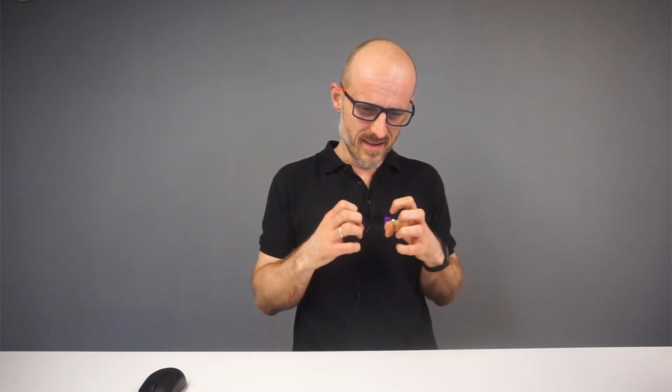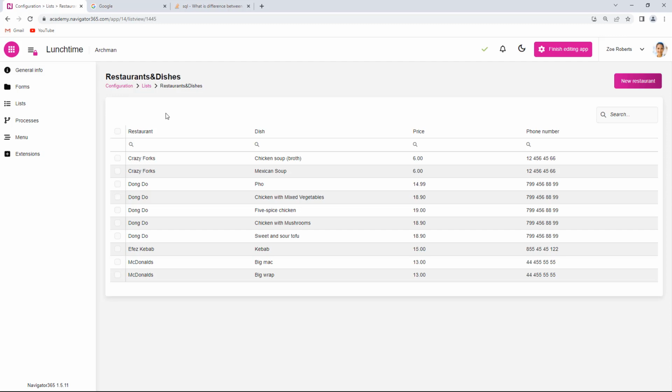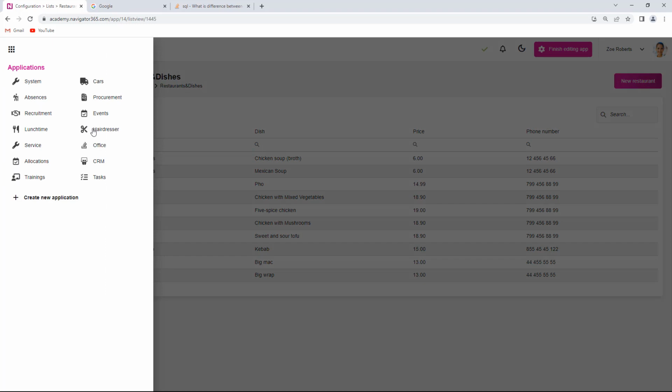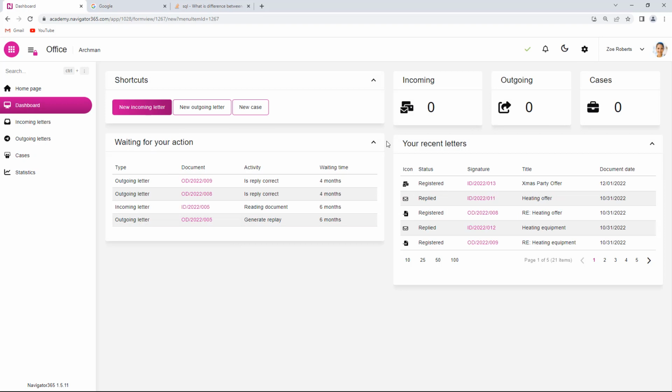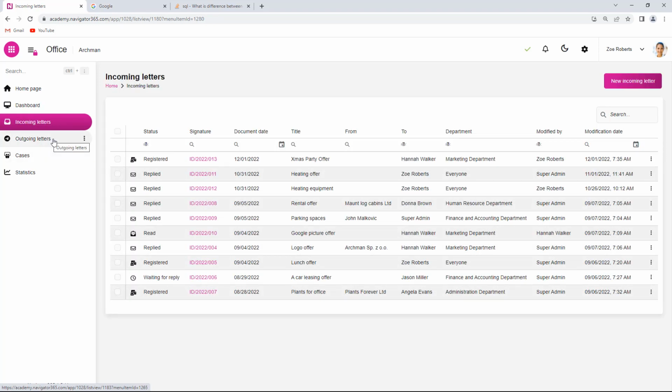Option 2 is when you want to combine the data from different documents, but they have the same fields and they have the same data types behind these fields, so you can list them all together in one list. And to show you this one, I will go now to the Office application. Office application is basically about incoming and outgoing documents to the company, and we have the list of incoming letters and outgoing letters. Now if I go inside of the incoming letter,